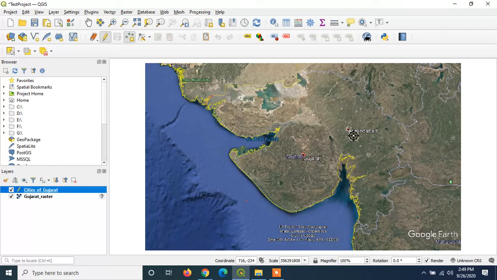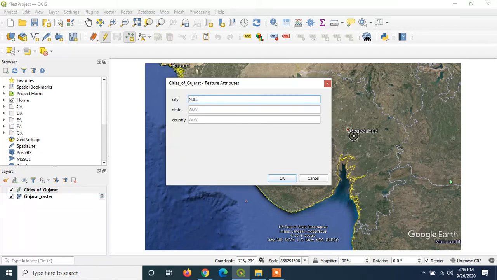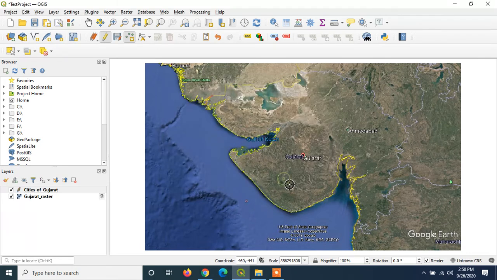Now as you can see, it is showing Ahmedabad already, but this Ahmedabad is on image file. We want to add this point on the vector data point layer. So we'll add this point by clicking, and name of the city is Ahmedabad. You can enter state and country. Click on OK.